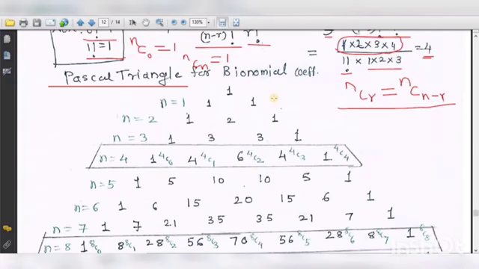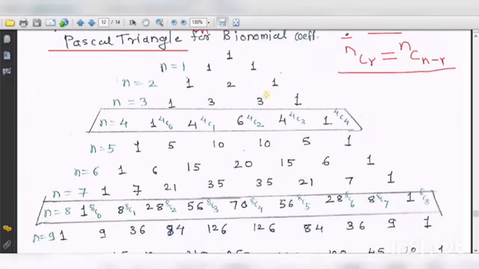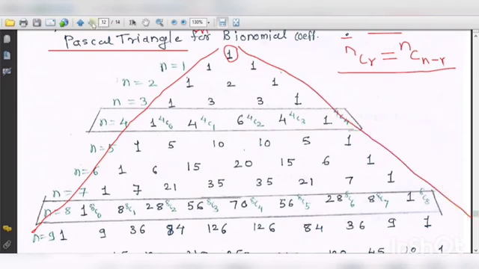Now I will show you how to construct this table. The first term is always 1. Then the second row is 1 and 1. You have to write it so that the first 1 is in the middle of the two ones in the second row, on the line above. Then it forms the shape of a triangle. So every row starts from 1 and ends at 1.